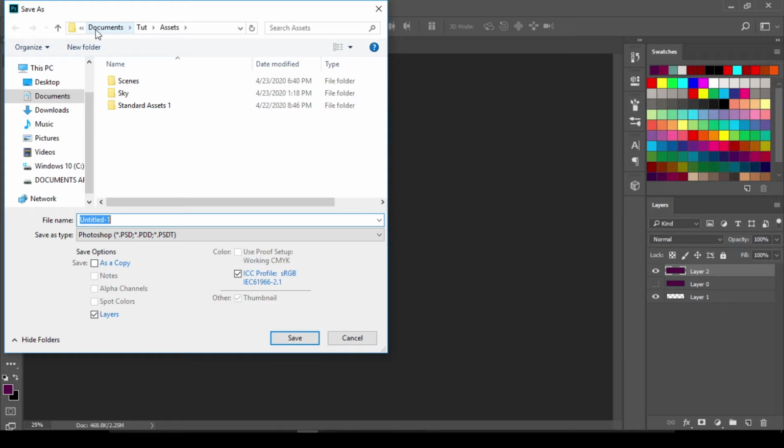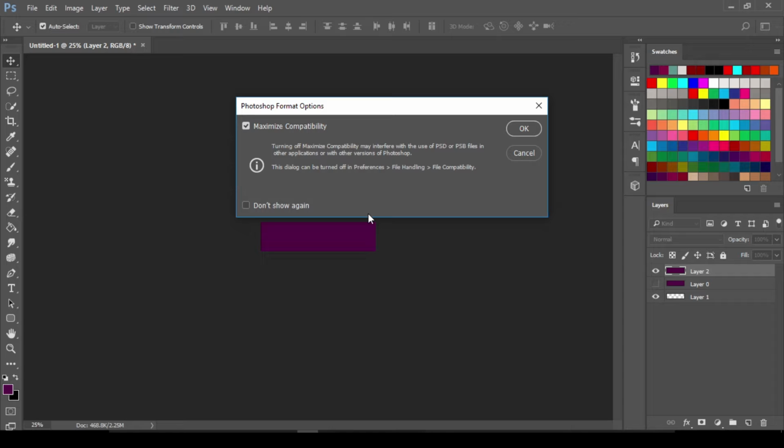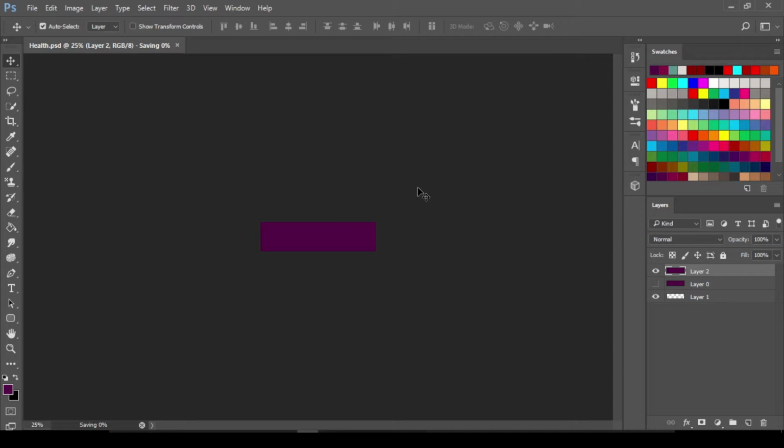You can see Documents, assets, and the scene. Or I can just save it over here since we have no folder for our UI yet. Let's call this health. Enter. And now if I go back into my Unity,